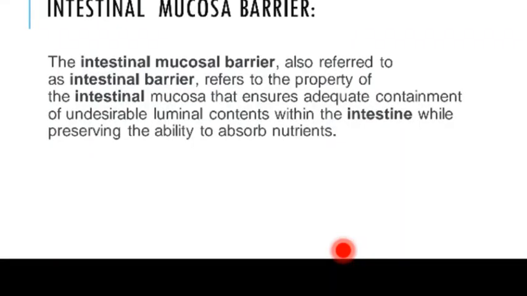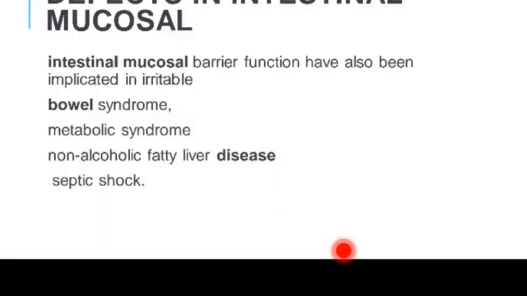So in the next we discuss the intestinal mucosa barrier. What is the intestinal mucosa barrier? The intestinal mucosa barrier, also referred to as the intestinal barrier, refers to the property of the intestinal mucosa that ensures adequate containment of undesirable luminal contents within the intestine while preserving the ability to absorb nutrients. Next, defects in the intestinal mucosa. Intestinal mucosa barrier function has also been implicated in irritable